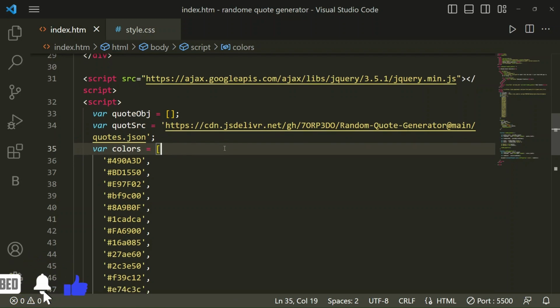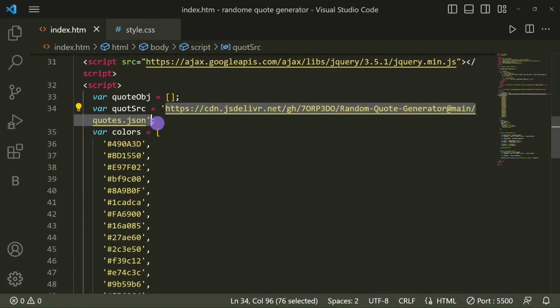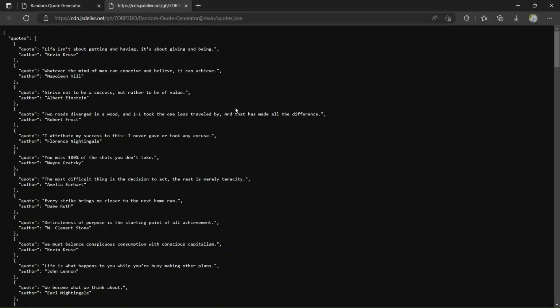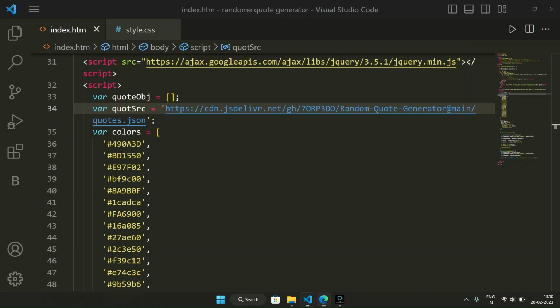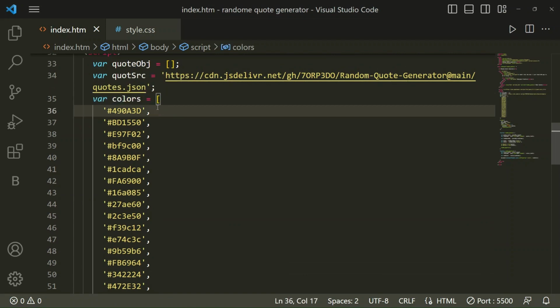So that CDN we have linked, and from this website we can generate these codes. So here we have taken a variable, colors.